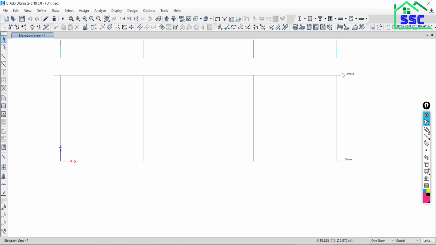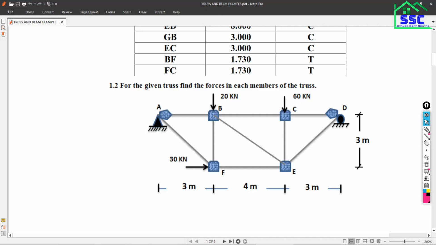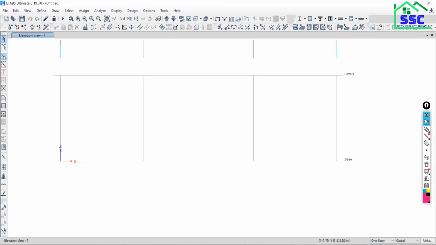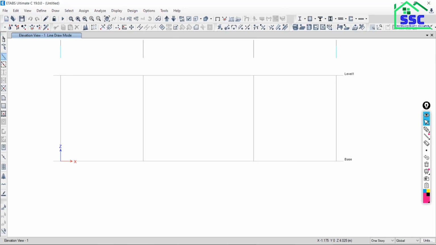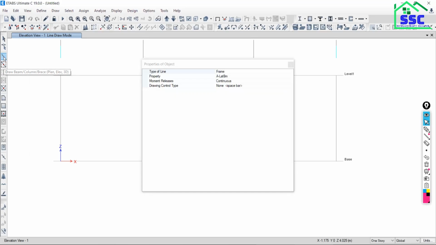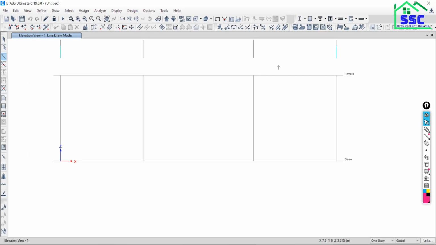Okay, so what next thing we have to do? We have to model this truss. So we will start with the frame element. So click over the frame element. New dialog box will open. See, first is object, select object option. Second one is the reshape option. What is the application? We will discuss it in command section. And this is the quick beam draw, quick frame element draw. So click over this and close this.